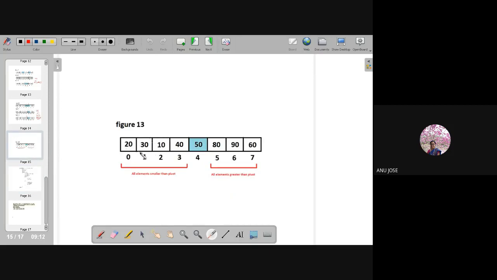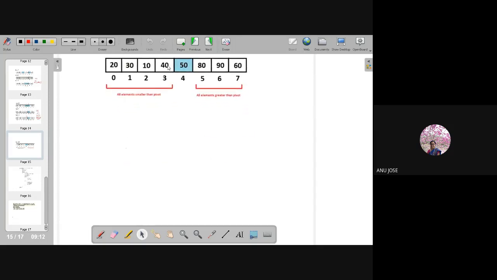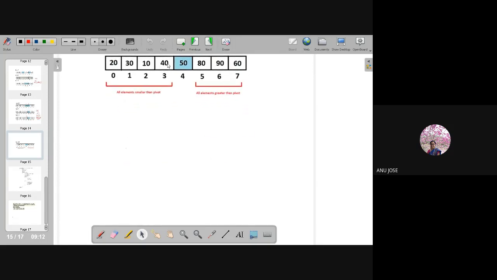So can we do the other part of it, 20, 30, 10 and 40? We'll do it. So it means that only 50 we have sorted till now.